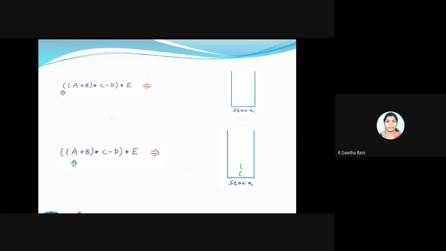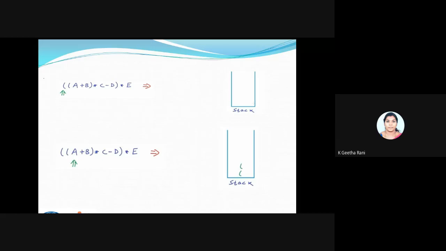Since I'm using a bracket, here comes the balancing parenthesis concept we saw two days before. So how to evaluate this balancing parenthesis using the stack. I'm going to add that also along with this infix to postfix conversion. Since it's postfix, I'm going to start from the left hand side. I'm having a bracket here, so if I have a bracket, I put this bracket inside the stack.